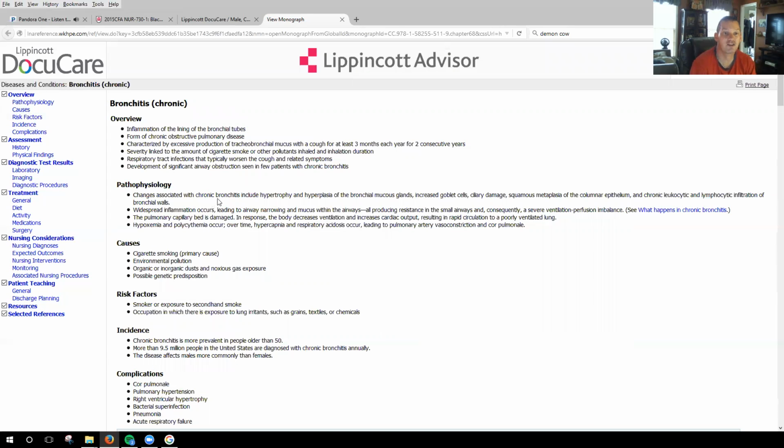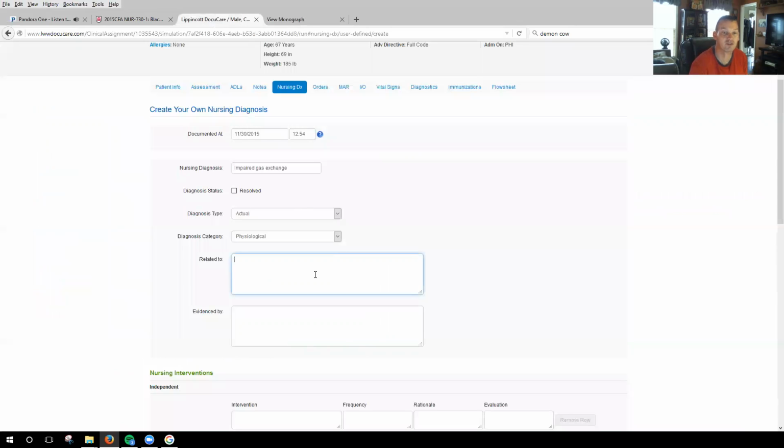Pathophysiology. Changes associated with chronic bronchitis include hypertrophy, hyperplasia of the bronchial mucus glands, increased goblet cells, and so on. In this case, what we have is increased mucus production. And if you look at that, you'll see that's one of the things in your book with chronic bronchitis. So related to increased